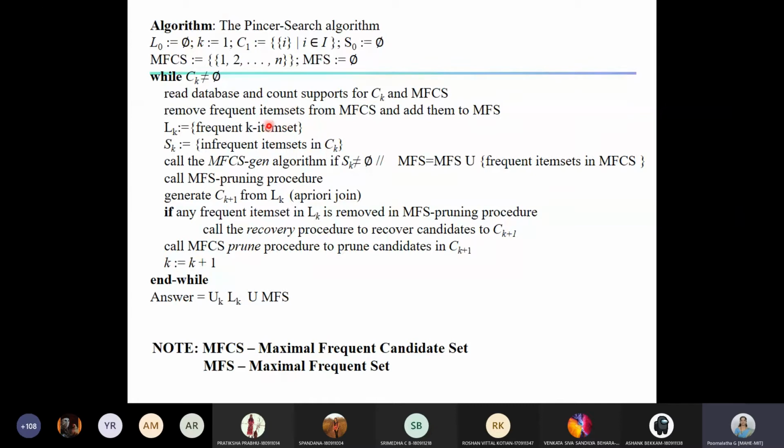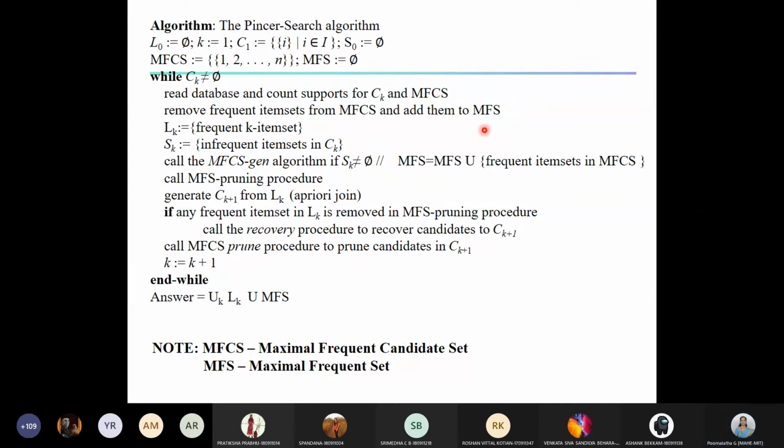All the frequent sets of Ck are moved to Lk, and infrequent ones are in Sk. This is the same as what we did in Apriori: first read the database, count the support of C1, move the frequent items into L1. Along with that, we also get the support of MFCS, and if something is frequent, move it to MFS.